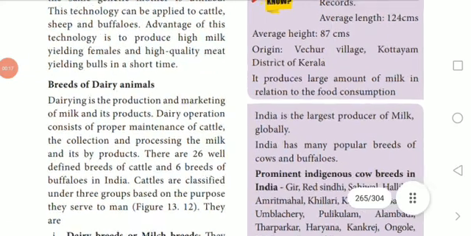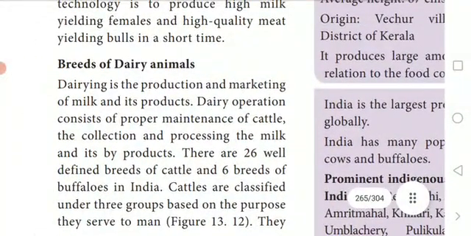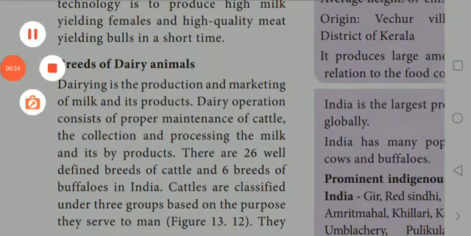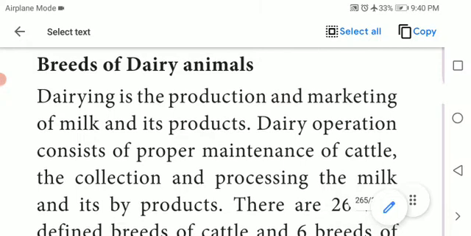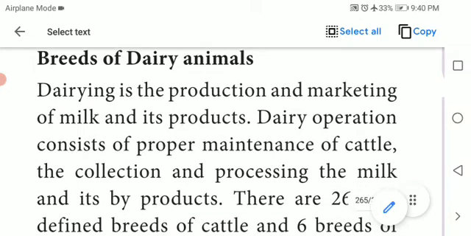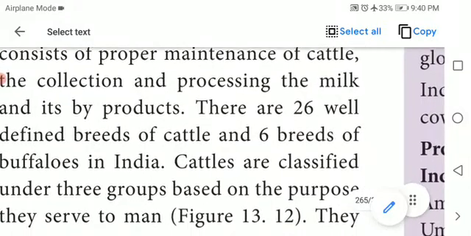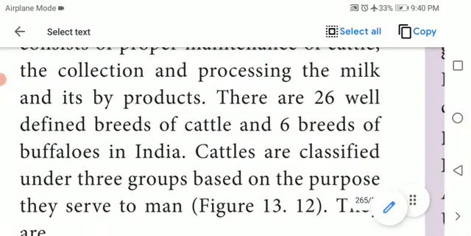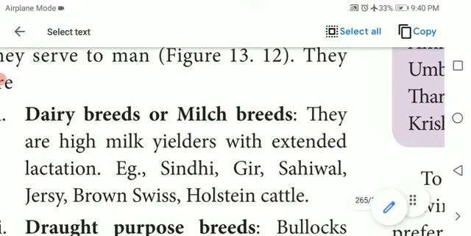Dear students, this is 11th zoology video class. Last video class, we have seen breeds of dairy animals. As we have seen earlier, there are 26 well defined breeds of cattle, then 6 breeds of buffaloes in India. And also, we have seen